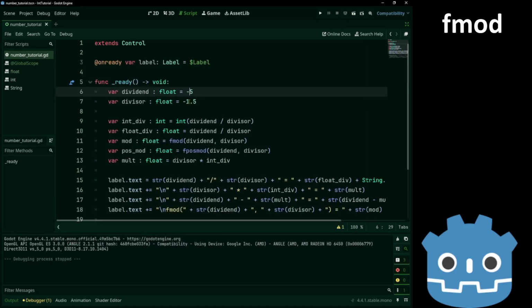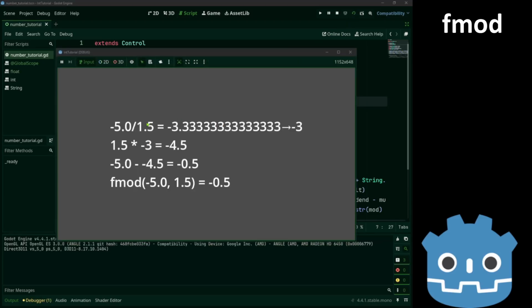If the dividend is negative and the divisor positive, we'll get a negative result. Multiply it by 1.5 and we get minus 4.5. So the remainder is minus 0.5, which has the same sign as our dividend, just like with the mod operator.